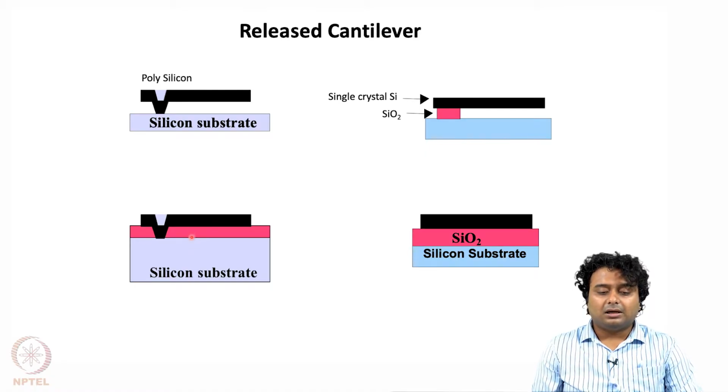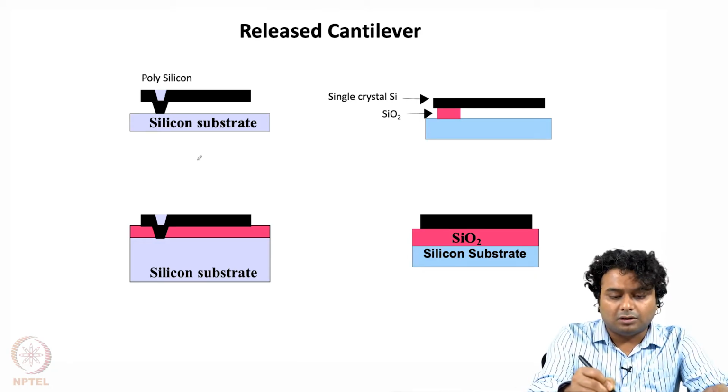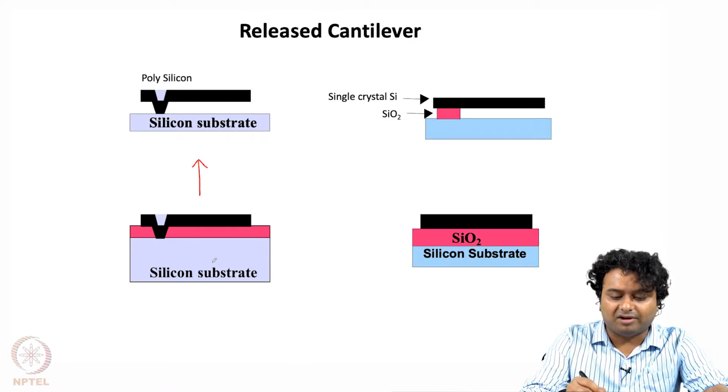So before we get this structure, we have this kind of structure. So the process flow is actually in the opposite direction, I mean you have first this structure with the sacrificial layer,